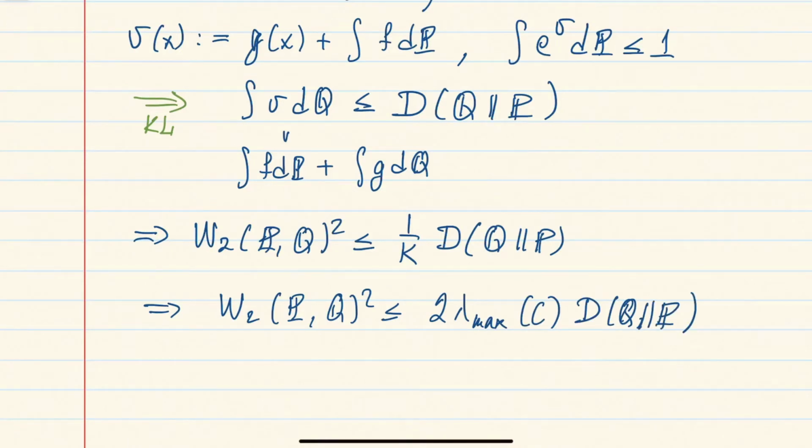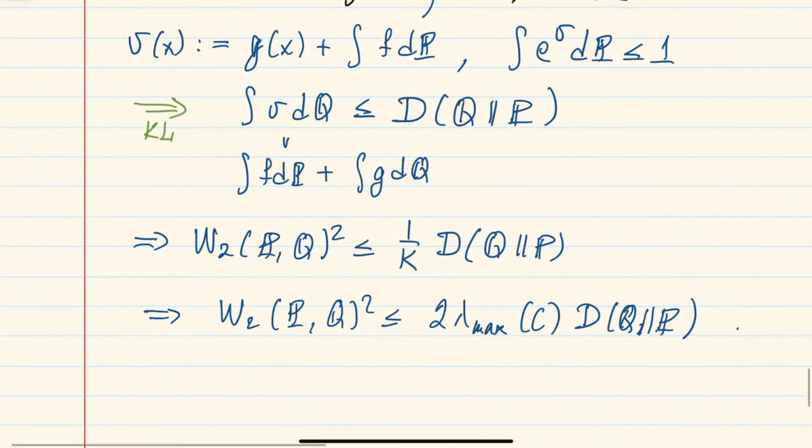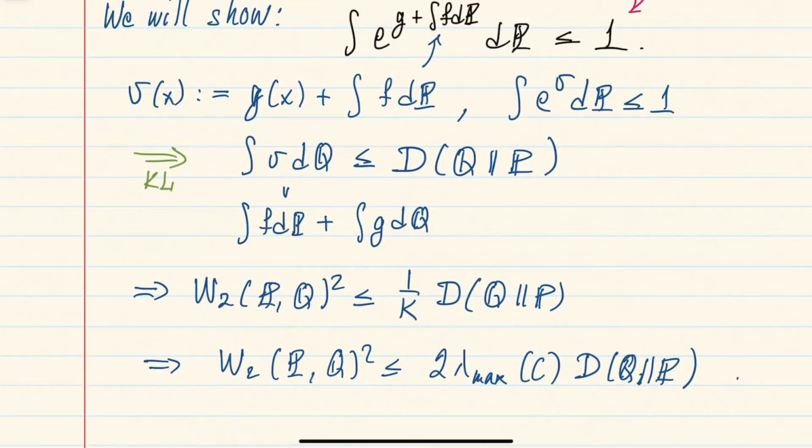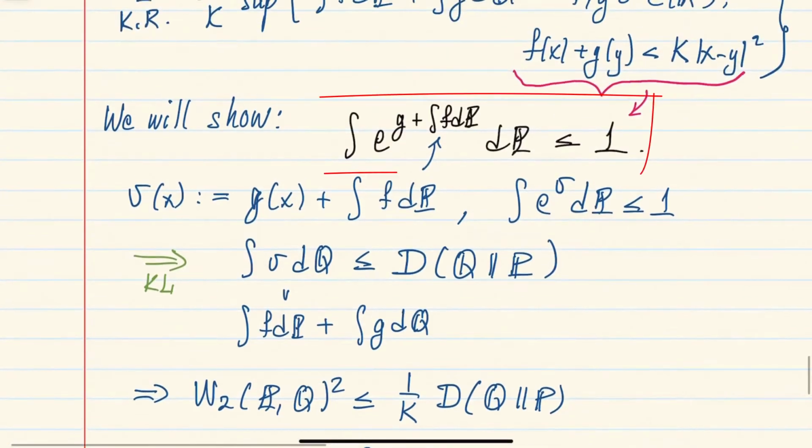Okay, and that's exactly what we want. So what remains is to show how the Prekopa-Landler inequality can be used in order to show that for any pair of f and g, you have this inequality for this integral. And this is where the modulus of convexity appears,